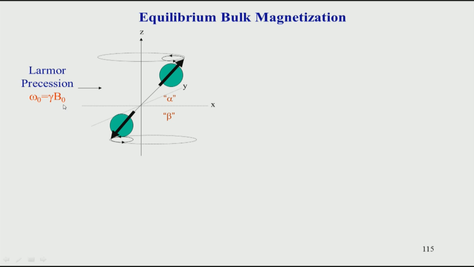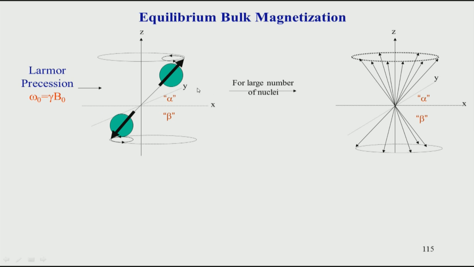This is the same equation we saw in the previous slide. The point here is that from the quantum mechanical point of view and from the classical point of view, the energy is the same, because we are looking at the same system. Now, if you look at a particular spin, if it is in the alpha, ground state, it will be oriented like this, and if it is in the beta state, it will be pointing downwards.